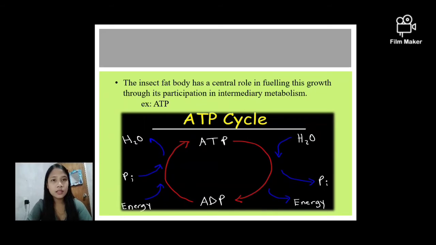Next, the insect fat body has a central role in fueling this growth through the participation in intermediary metabolism. Best example of it is the ATP cycle or the adenosine triphosphate cycle. Alam kong na-discuss na ito in our lower years, so recall nyo na lang. Next,